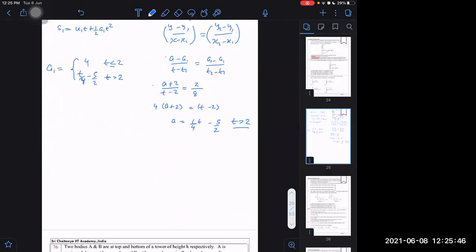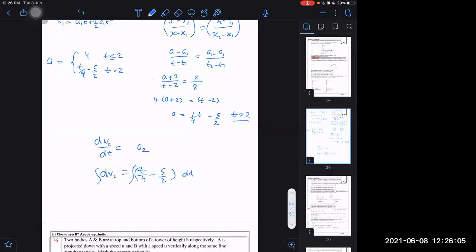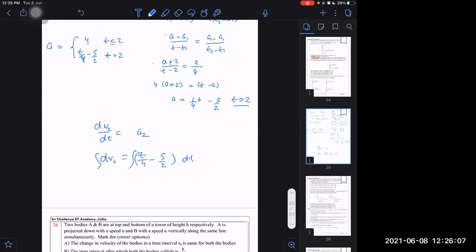What we are going to write now: dv2 by dt for the second interval is equal to the acceleration for the second interval, and that acceleration is equal to t by 4 minus 5 by 2. Then dv2 will be equal to this into dt. Limits of velocity: velocity will vary from